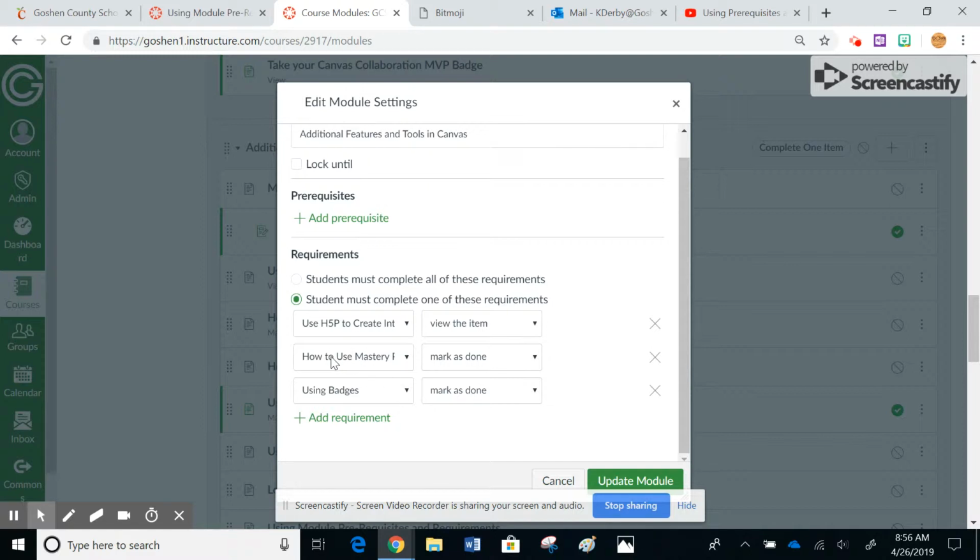Mastery Paths is kind of an advanced thing as well, where you can differentiate and set up remediation and enrichment for students inside of Canvas. And then badges, of course, you're familiar with, but that is the use of digital badges in a Canvas course. So in this case, I have this box checked, which means that you must complete one of these